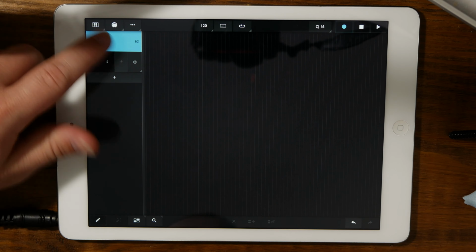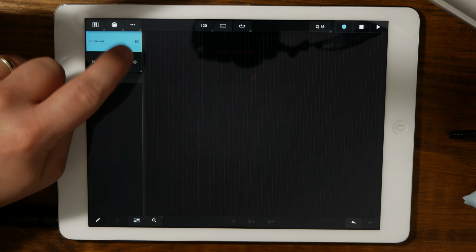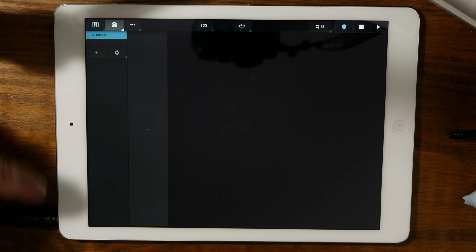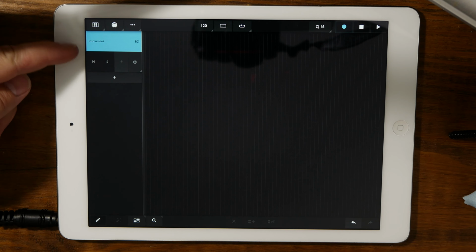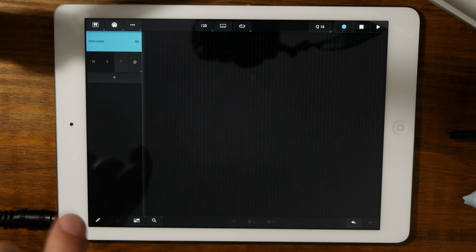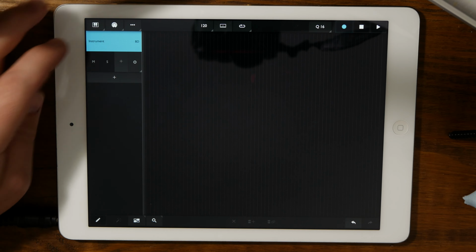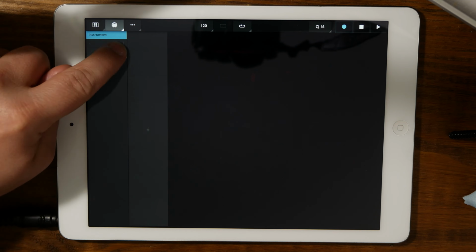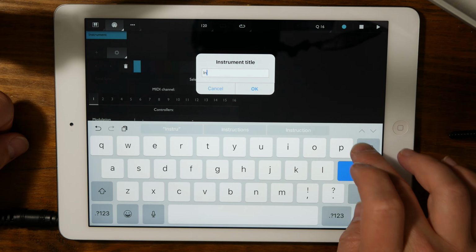Okay, so I have this instrument, bass drum, and it's pointing to instrument, which is this one. And so you kind of have different tracks, and you'll see this as I go. You'll have different tracks, but then you can point those MIDI tracks to a certain MIDI destination. Okay, and so this first MIDI destination is labeled instrument. I can change that to